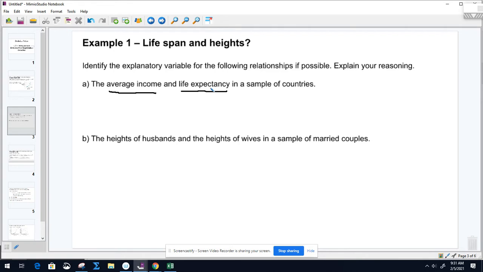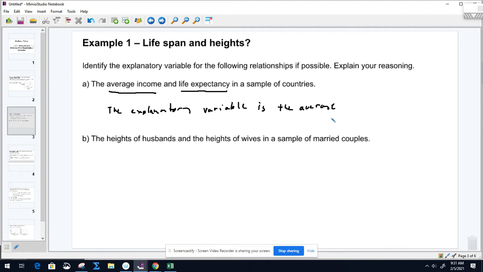So for this example, we would say that the explanatory variable is the average income,